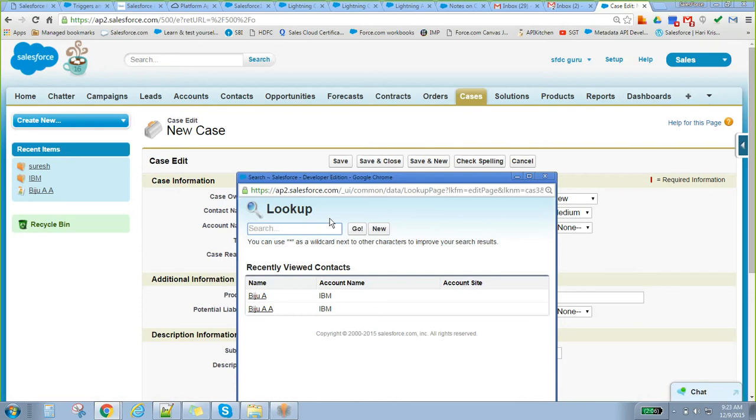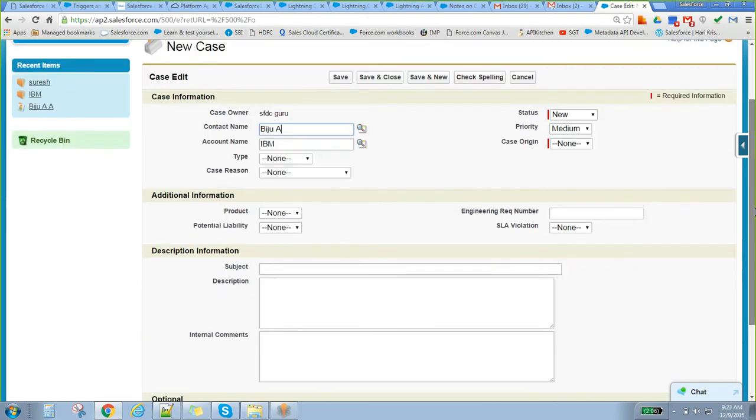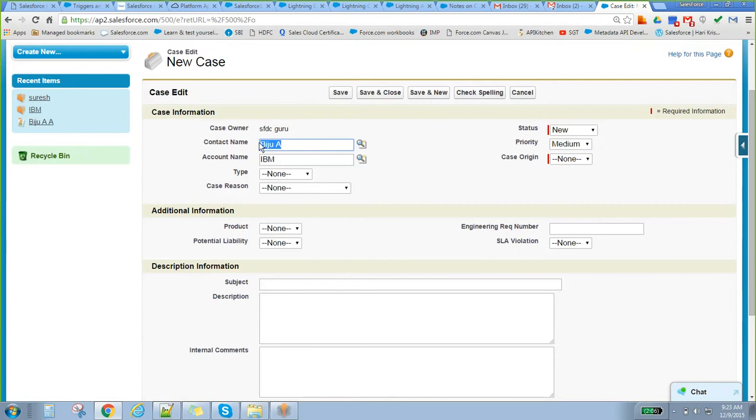Add the contact, okay. It is existing. So click on new. It will populate this window. Then automatically it will come up with lookup. So in that case, it is automatically going to add account name also. Okay. So here we can mention whether it's a new working or it is a new, right?